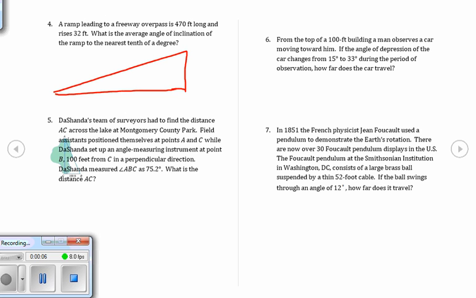These are packet problems that are preparing you for the test on Wednesday. I wanted to go over number 4 because a lot of people weren't sure, since there's no angle given. How are you supposed to know what the angle is if it rises 32 feet and this is 470 feet long? Well,